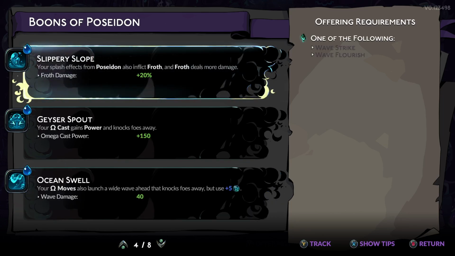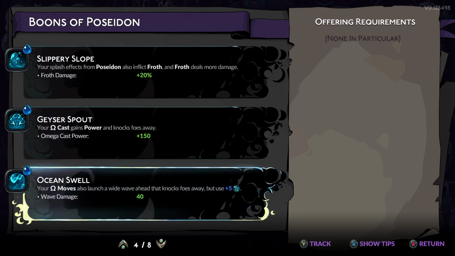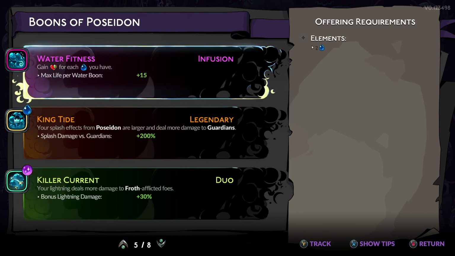You want Slippery Slope if you take the special. Geyser Spout, if you see Geyser Spout, you can take it, especially if you have Winter Circle. But I don't really look for it in this. This is not a cast build, so Water Fitness is the most important thing. So I really like to pair, like, you can get water from